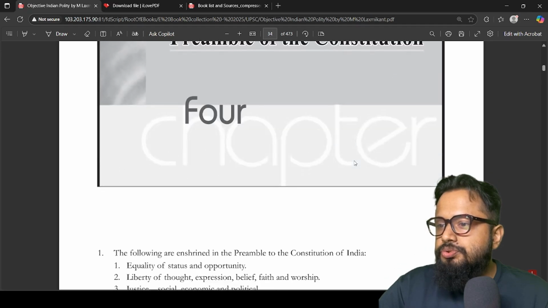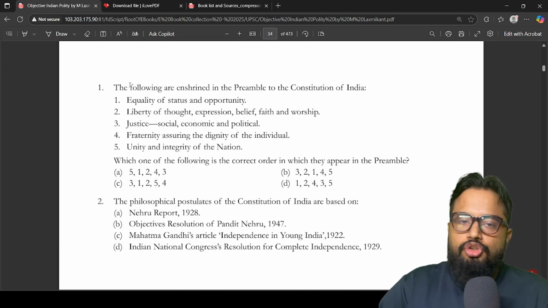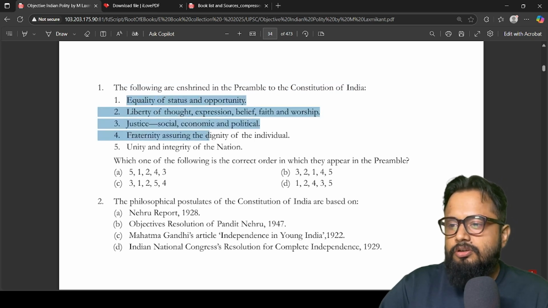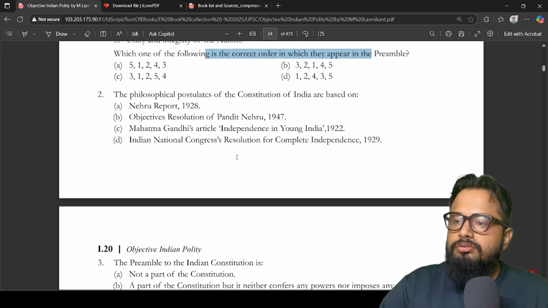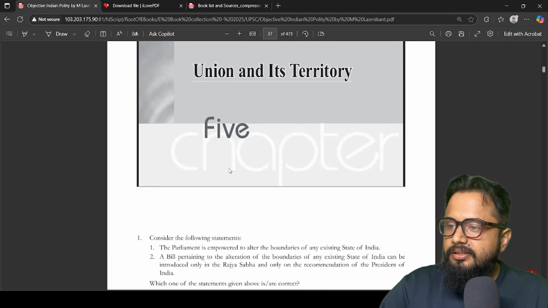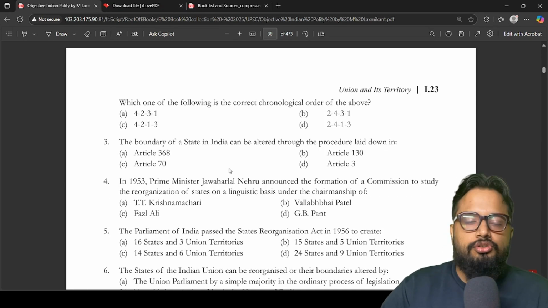Preamble of the Constitution, chapter number 4, for example. So जो भी वहां पे आपने preamble के बारे में पढ़ा, following are enshrined in the preamble, what is the correct order. So उसके ऊपर MCQs. Okay, then union and its territory, chapter 5, वहां पे whatever you read, यहाँ पे